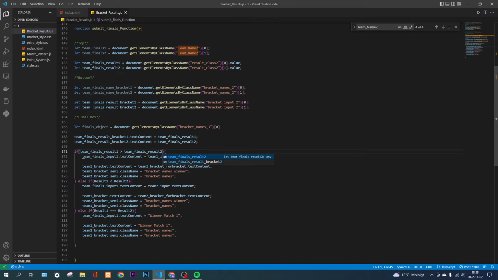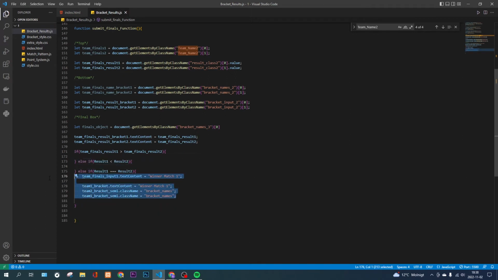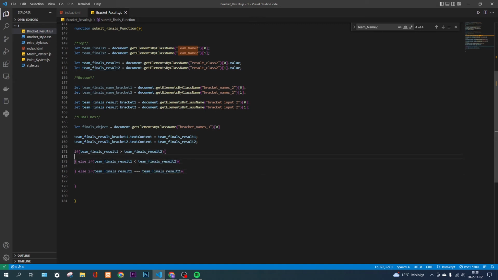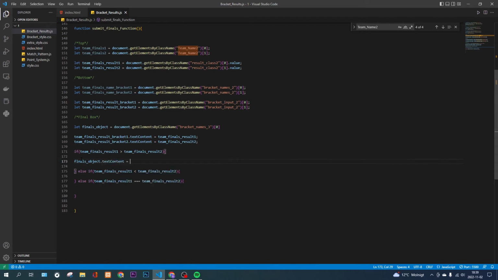Two. And let's delete everything inside of this, all of them. Team finals result, yeah. Paste. And now we're going to add whatever content is inside of this. So finals object dot textContent is equal to